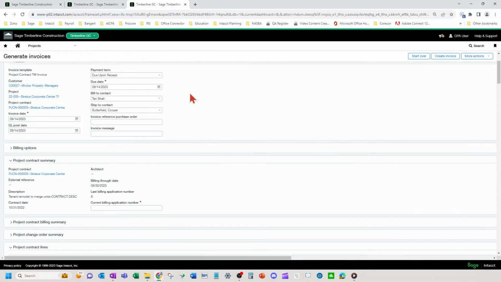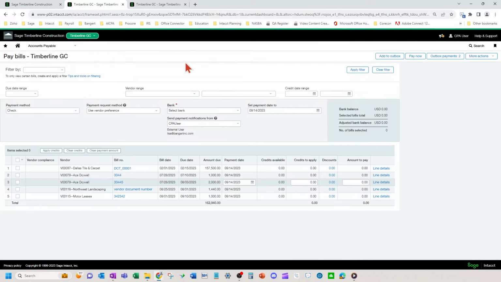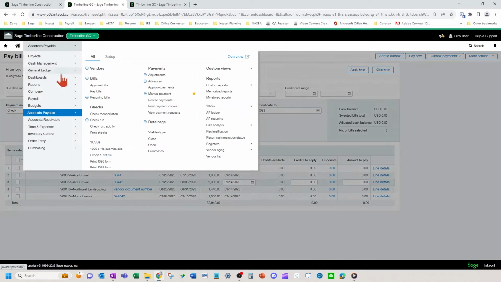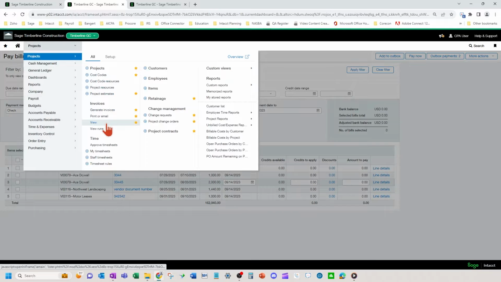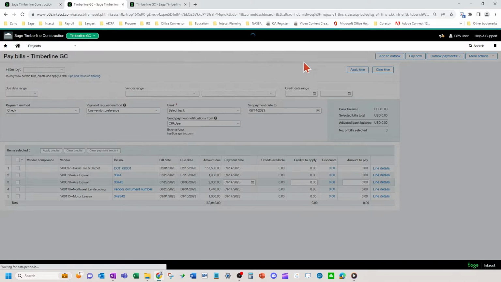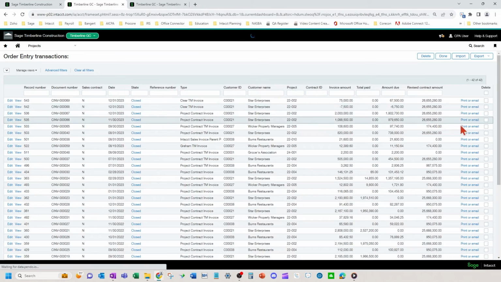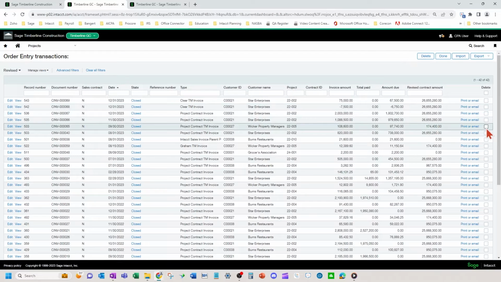So depending on where the invoice is in the process will determine how you correct the time and material billing, whether you can delete it or whether you can't delete it and you need to put in negative entries in order to get the next billing corrected, okay, with those negative entries.